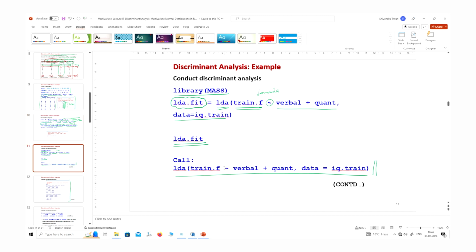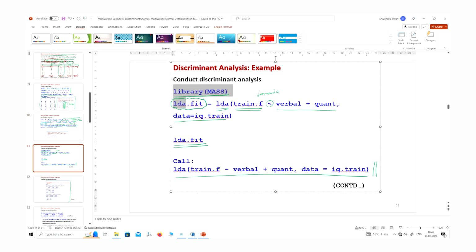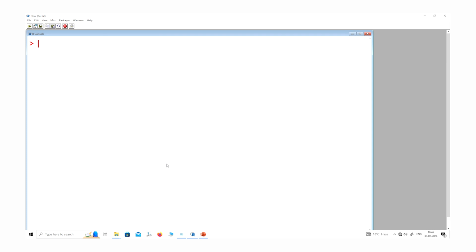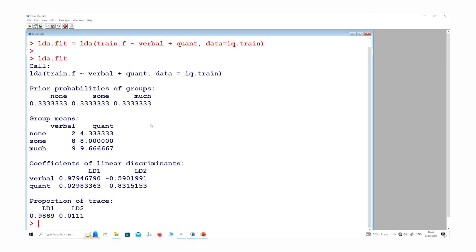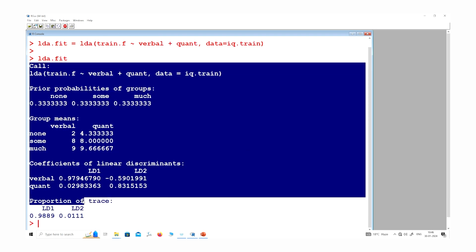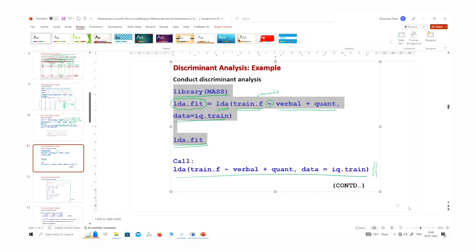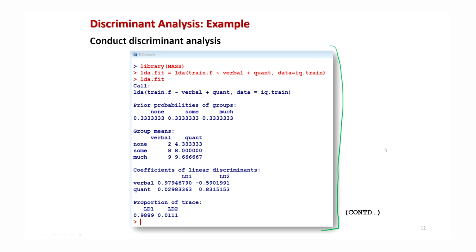Now after this, if I upload this library and use the command lda, and clear the screen, you will get it like this. This is the outcome which we have obtained, the same outcome which I have shown you on this screen.